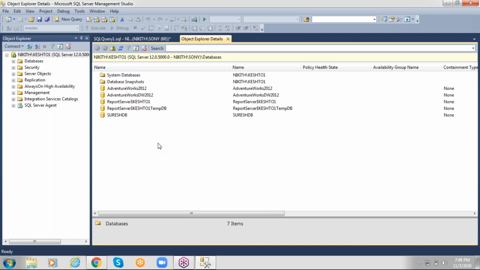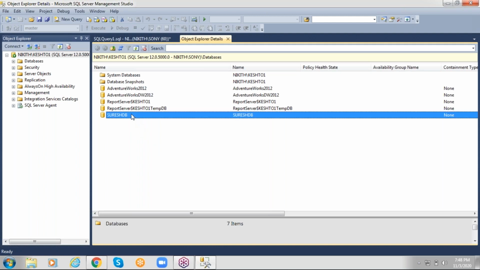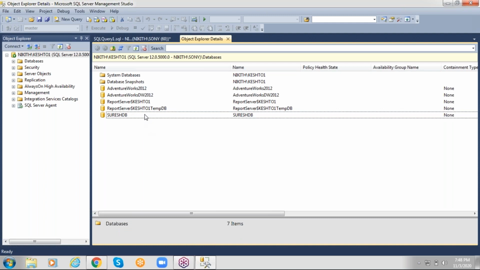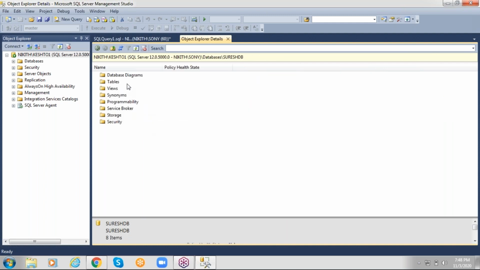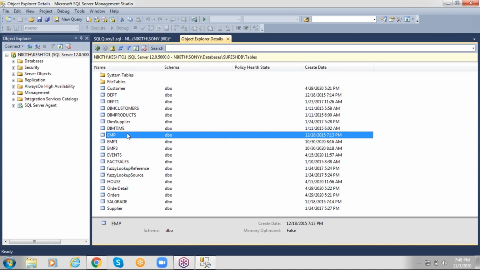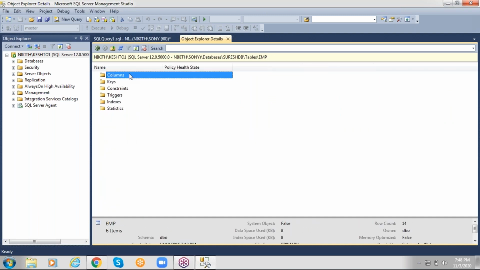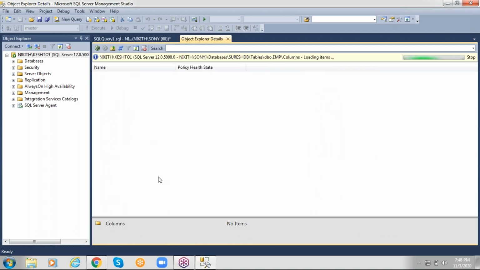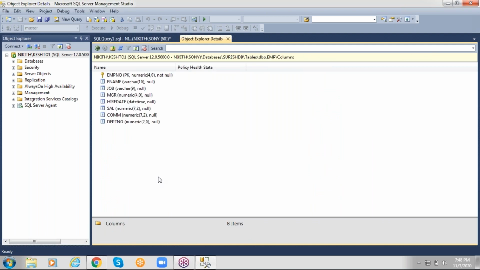Database corrupted means you cannot even open the database. Suspect mode will be there. Now it is an online, accessible database. If you open my database, go to tables, it shows clearly. For example, you open the employee table, you open columns. Because it is an accessible database, it is working fine.